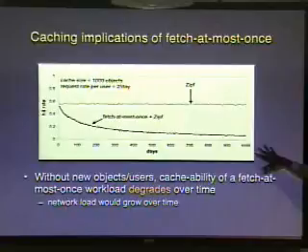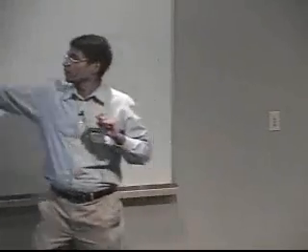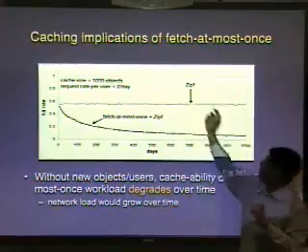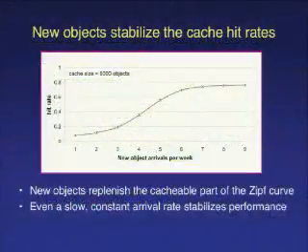Now, in this particular analysis, I'm not adding any new objects or new users. In this case, it turns out that exactly as our intuition would predict, fetch at most once destroys the cacheability of the Ceph distribution. This is because without new objects or new users, existing users would exhaust all the objects at the top of the Ceph distribution, and then they begin to slide down the Ceph curve into this ocean of unpopular objects. And as they do this, the cacheability of the workload constantly degrades over time. And that's what we see here. X-axis shows the time, y-axis shows the hit rate. Fetch many Ceph distribution maintains a constant hit rate, whereas with the fetch at most once restriction, the hit rate constantly degrades over time.